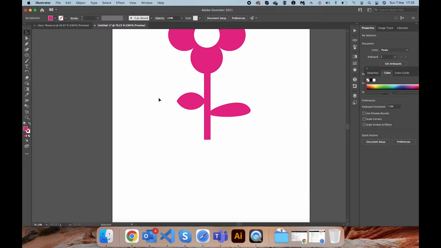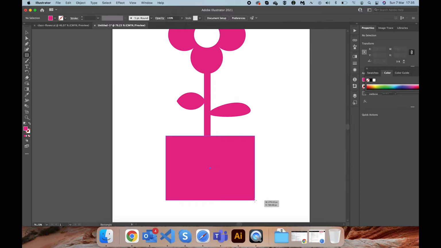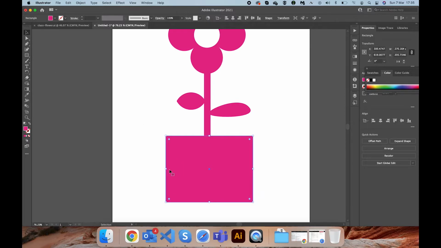And the last part is about drawing the bud. So to draw the bud, we're going to use the rectangle tool. Create a rectangle. Okay, and the size we can set it to 270 pixel. Okay,